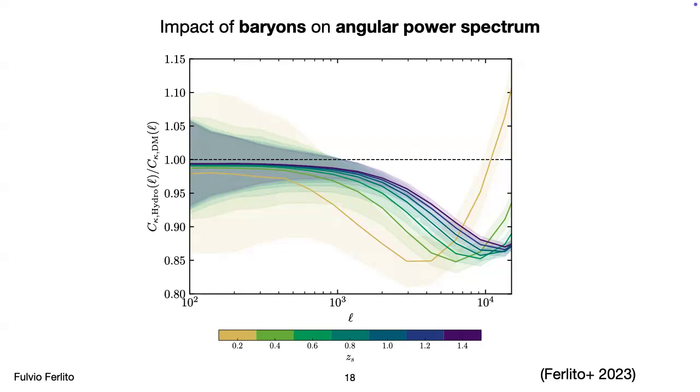This corresponds to the same spoon-like feature, but moved towards smaller L's. This is just a geometrical effect, because the same physical size will correspond to a smaller angular scale if I put the same object farther away. But qualitatively, it is a very similar effect. It just gets moved to smaller angular scales.